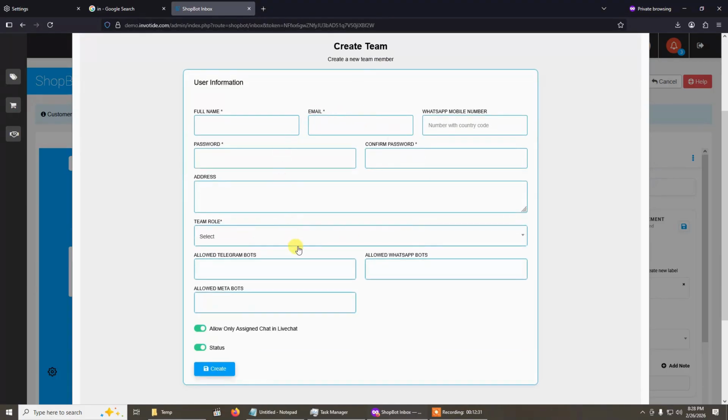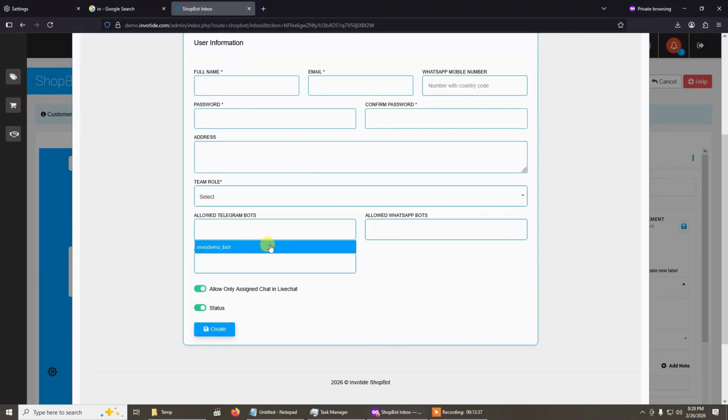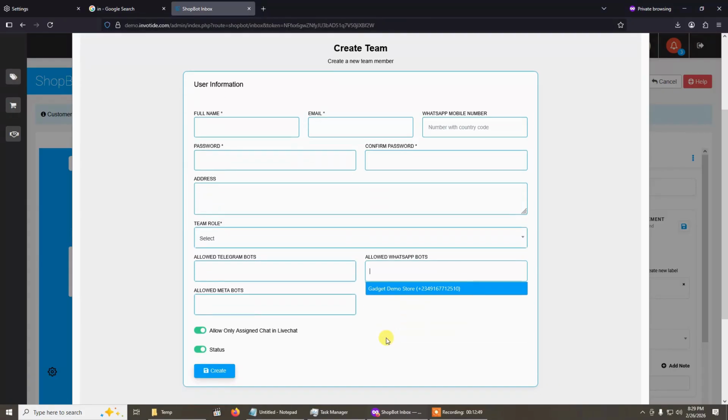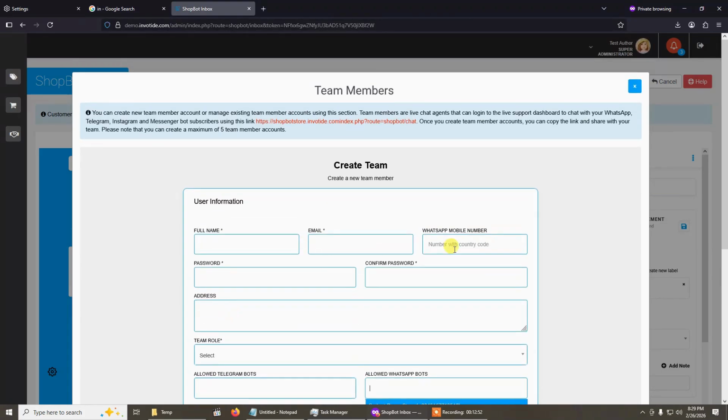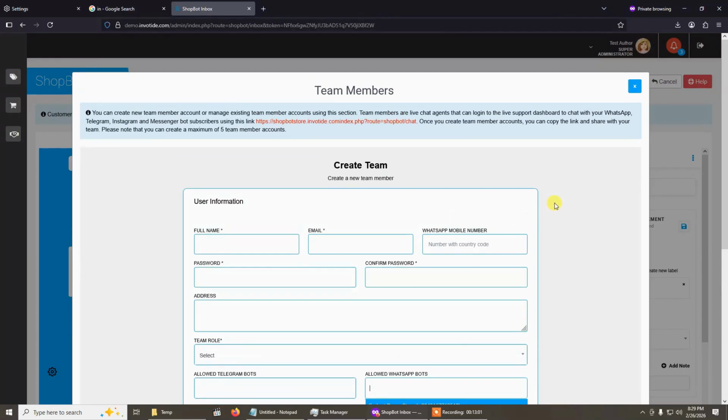So here you will now proceed to fill in the team member's details and then assign the team member to any of your existing bots. So note that you must assign this account to at least one bot to be able to reply and chat with customers. Okay. So after you have created the team member account, note that this account is not used within the admin panel. You need to share this link that is highlighted here with the support agent so that the agent can log in